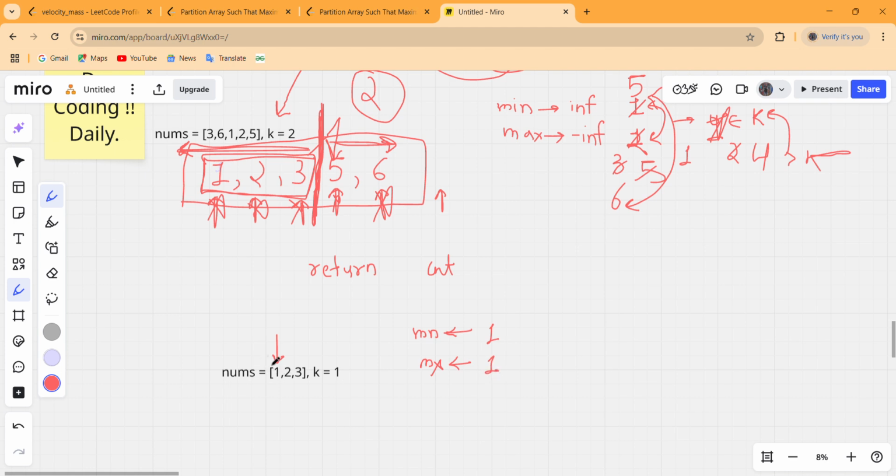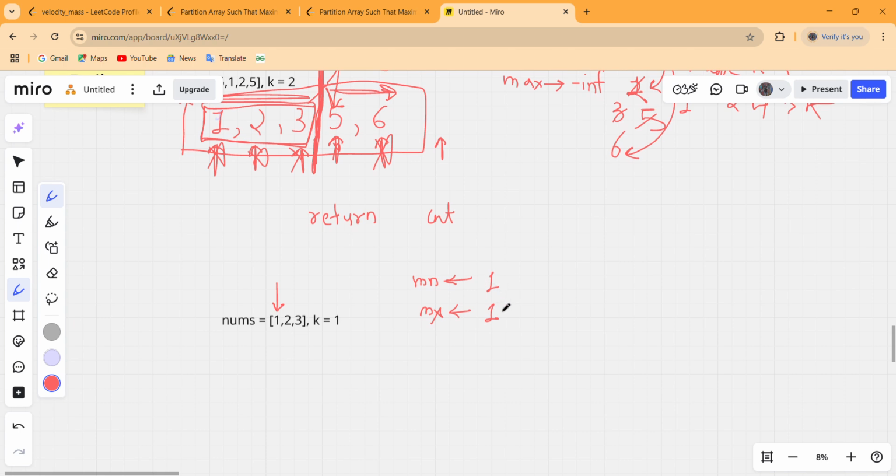And we have to sort this as well, but the input array is already sorted, so nums dot sort will not change anything. Now after sorting, the minimum is 1 and maximum is 1. The difference between the maximum and minimum is 0, and 0 is less than k, so do not update our CNT and move to the next iteration.